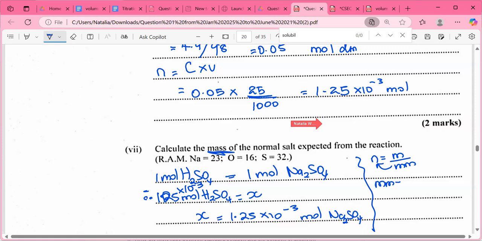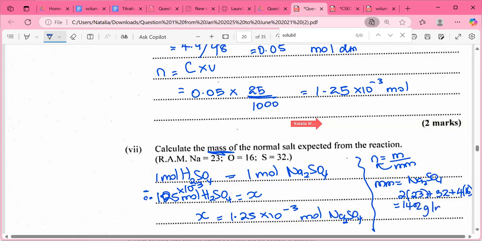I will calculate the molar mass for Na2SO4: 2 times the mass of sodium, 2 times 23, plus the mass of 1 sulfur plus the mass of 4 oxygen is equal to 142